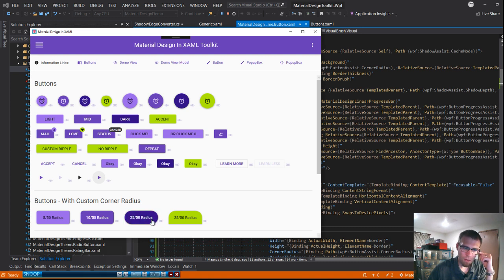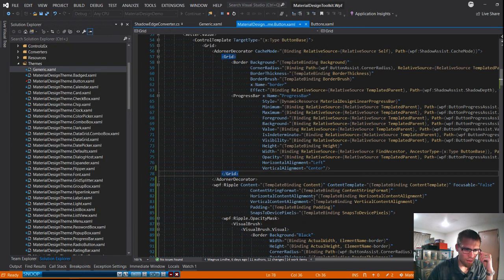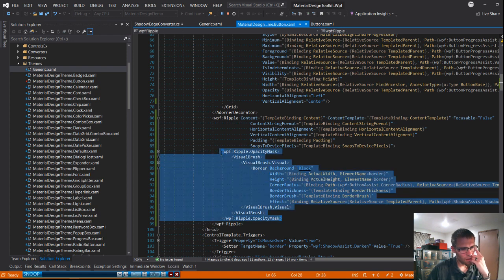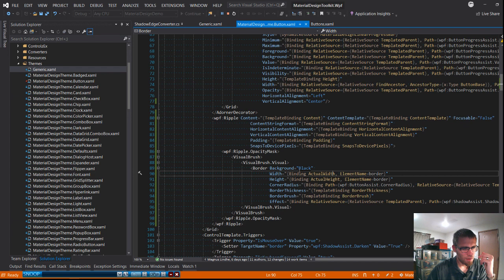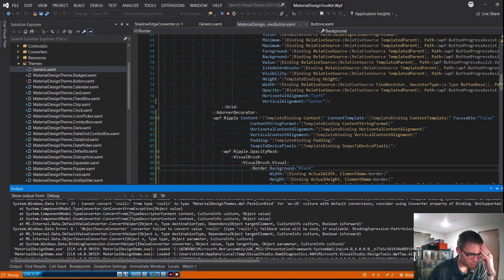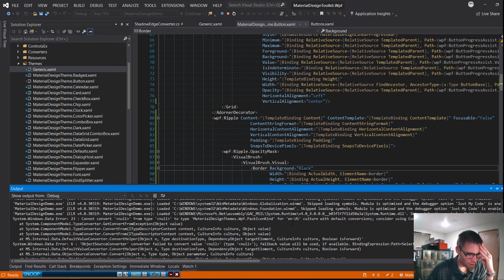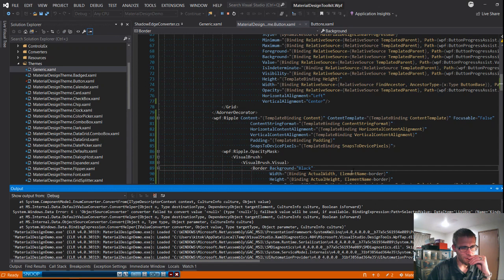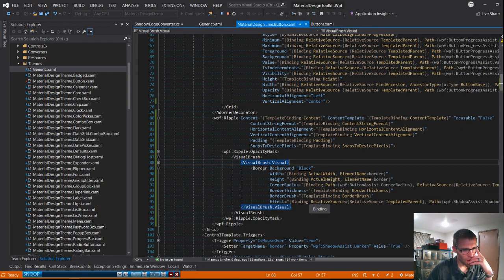That did absolutely nothing, which instantly makes me skeptical. So when we bound this guy, so hang on, this screams of some sort of binding failure. System data error, object source, cannot convert null. Really should deal with those. No binding failures on any of these. Why? Why would that not